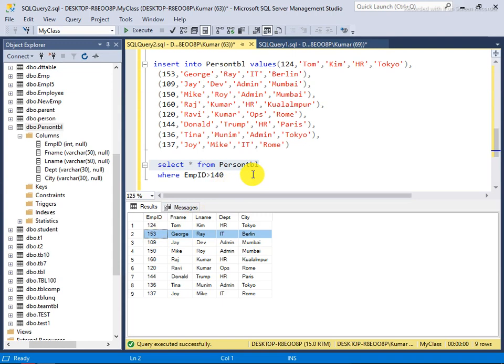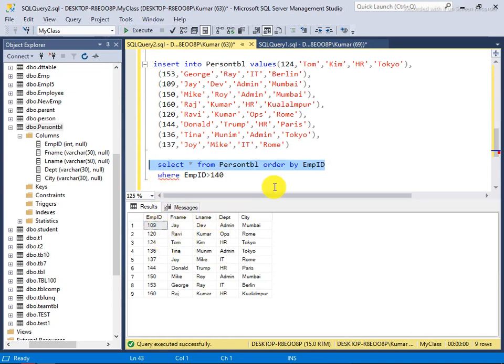Suppose my table is in a particular order, then very easily it will know where 140 is, directly it will go to 143, 140, and it will take all the records if it's in an ordered way. Like I say order by employee ID. So now it's ordered, but again it's not physically ordered, it's just that the order by query is running, that's why it's ordered, but physically it's not. So an index makes it physically ordered, permanently in an ordered way, that's why it's easier to find all the records.